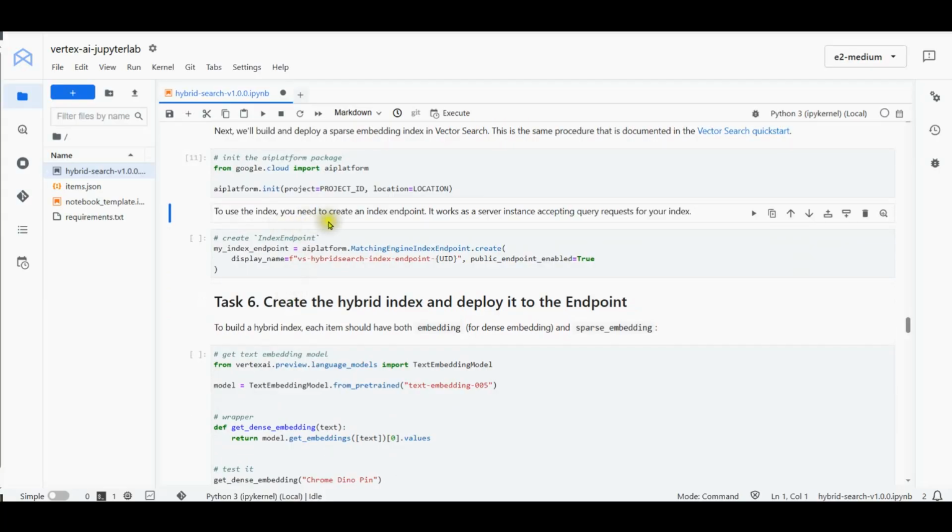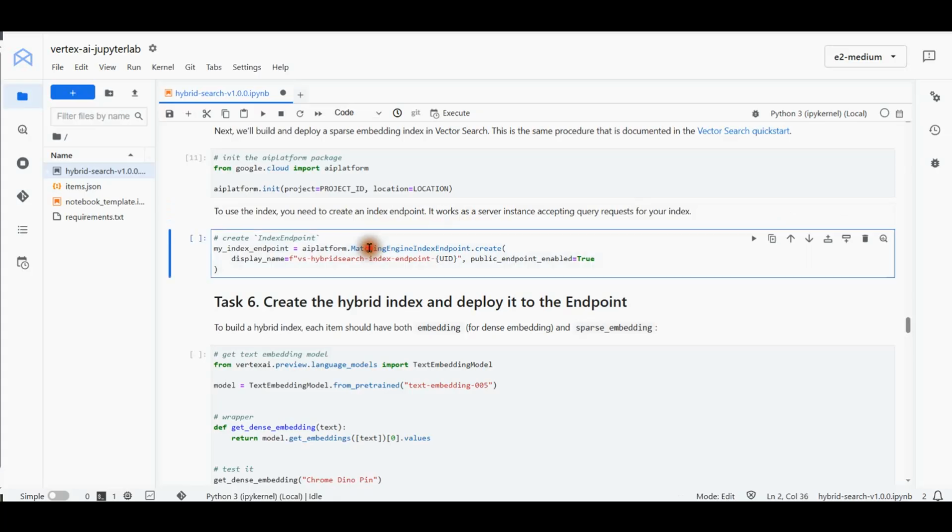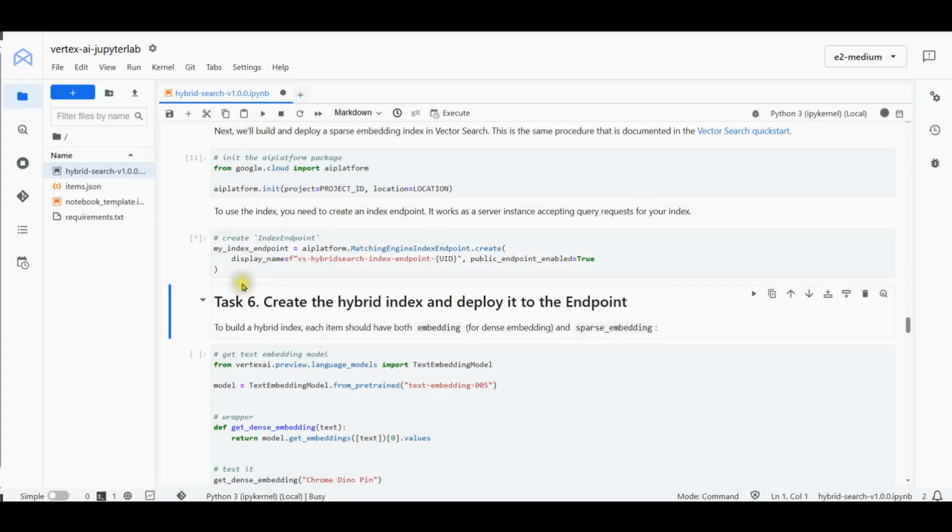To use the index, you need to create an index endpoint. It works as a server instance, accepting query requests for your index. Then the next one,